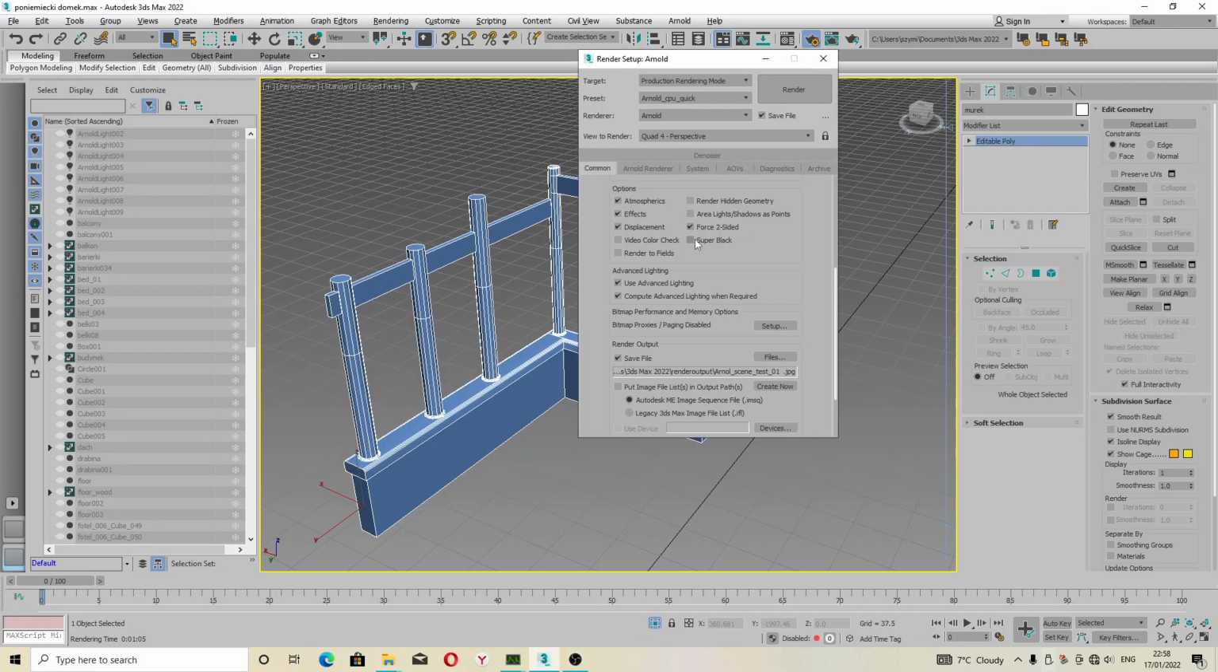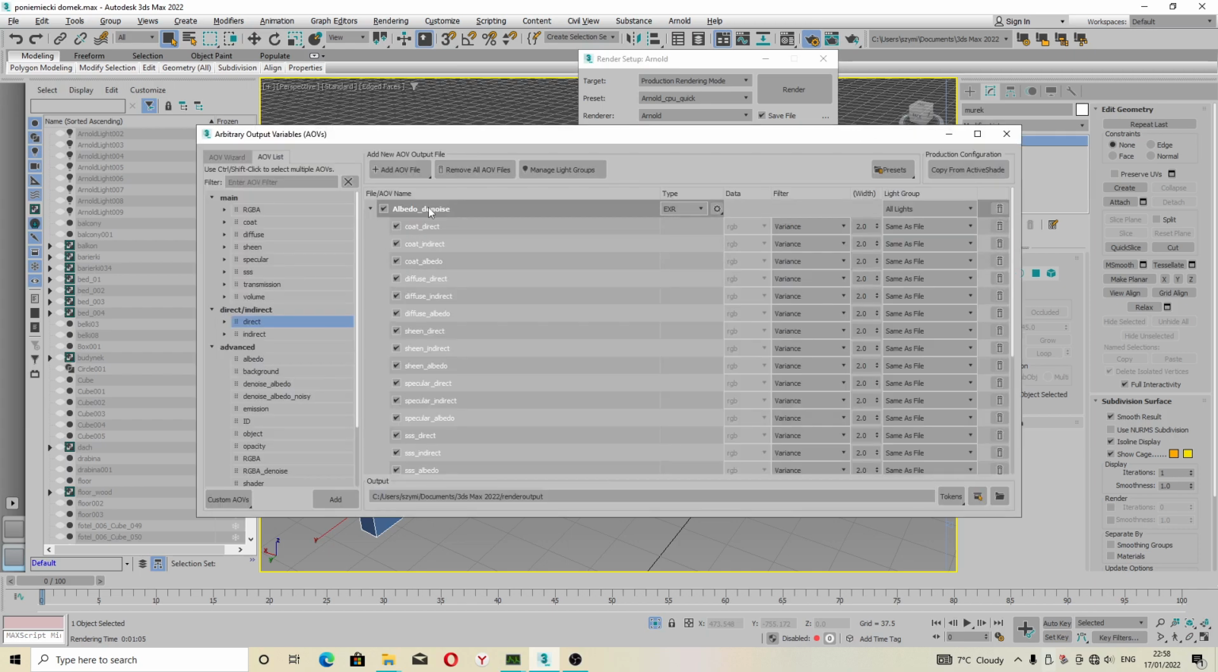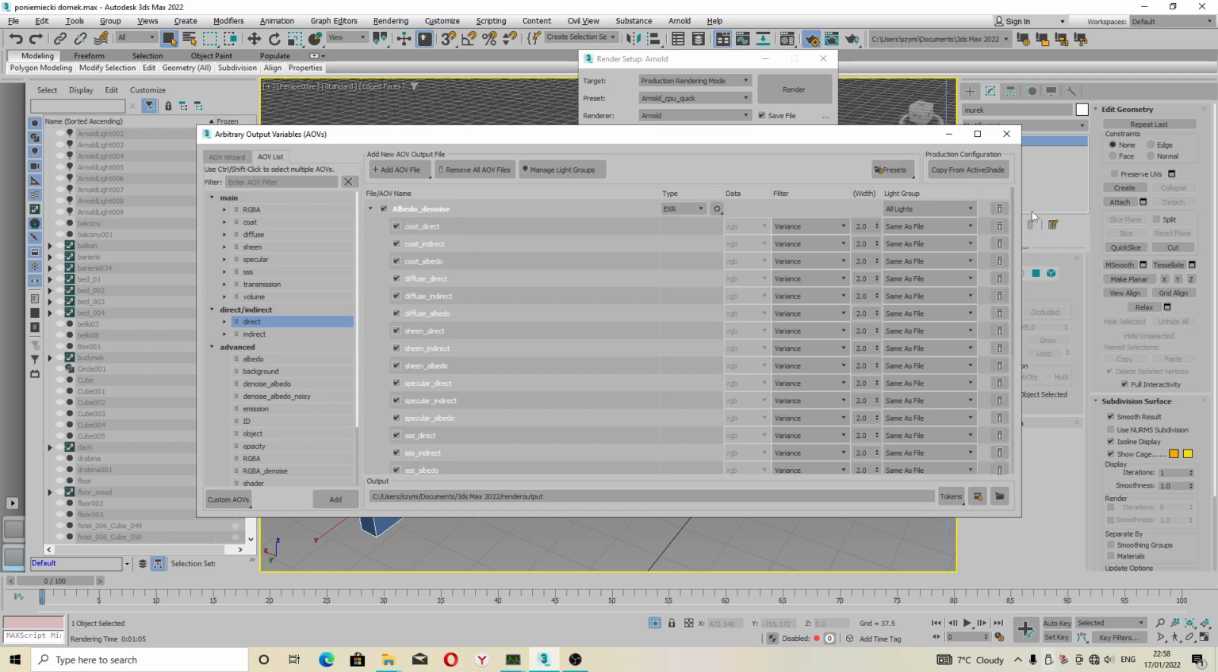Hello, today I wanted to add this video tutorial on how to use arbitrary output variables to be able to denoise your image. One thing you need to pay attention to is the filter variance. This one, I found out on the internet, is not supported by the graphics card, so you will have to use the processor, your CPU. And I have a preset which I can send to you,